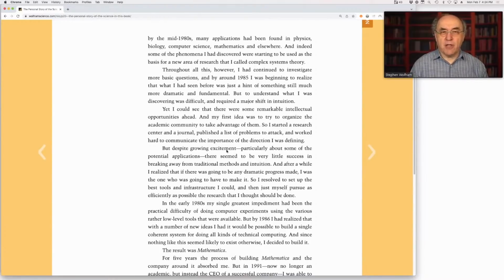But in any case, I started some pieces of that, and then basically said, look, I find the science really interesting. Let me build the best tools and the best environment for me to just do this science myself. And so that's what led me to build Mathematica and now Wolfram Language back in 1986, and to start our company, Wolfram Research, which has been my home for the last 35 years,